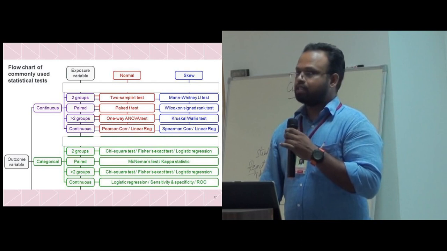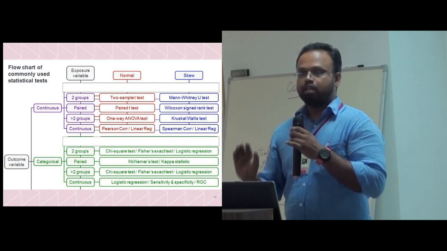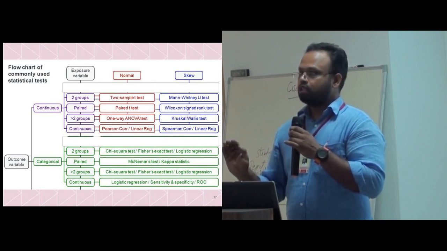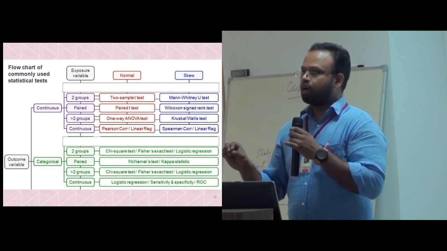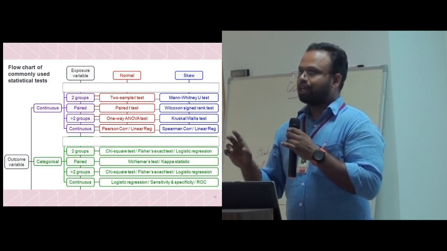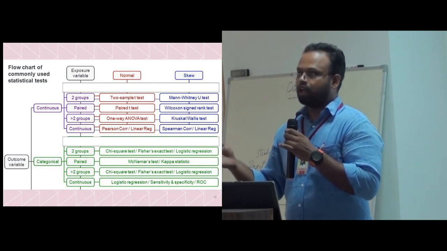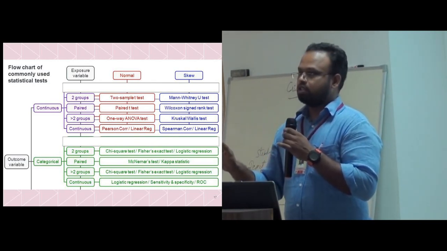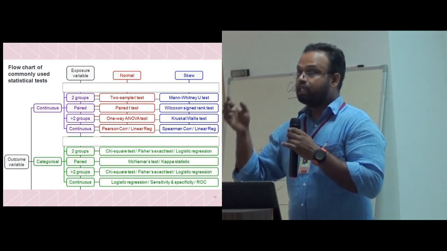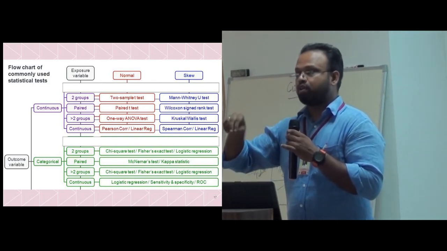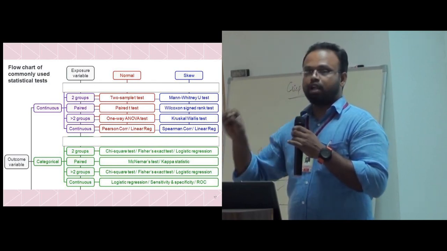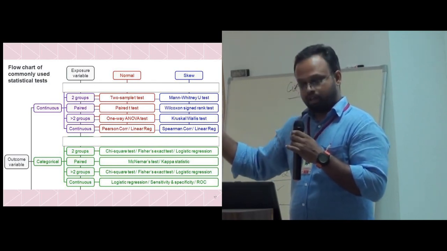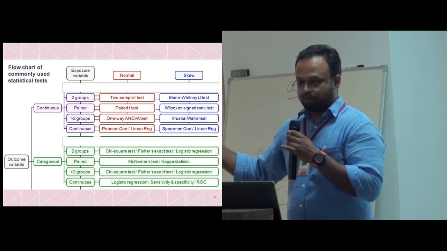Categorical test: you are assessing whether the outcome, hypertension, is present or absent. That is your outcome. Predictor variable is paired, meaning before and after your drug. So in that case, before and after, hypertension present or absent will be McNemar's test. When you are just calculating raw BP before and after, then you will use paired t-test. But hypertension present and absent, you have the data before and after, you use McNemar's test.